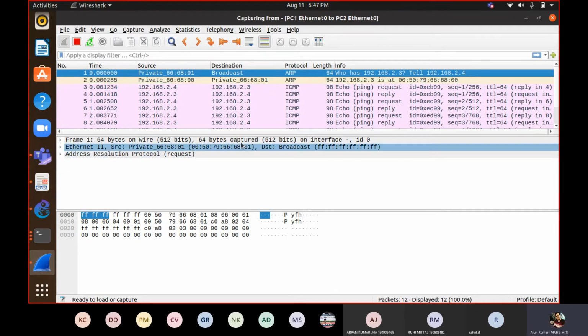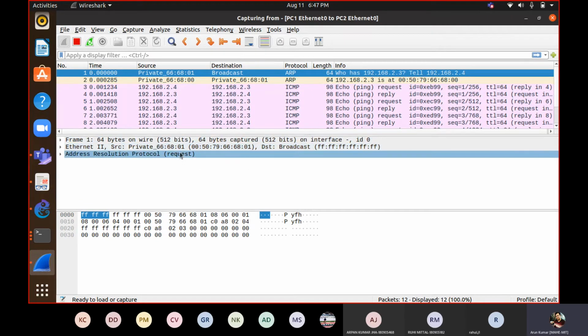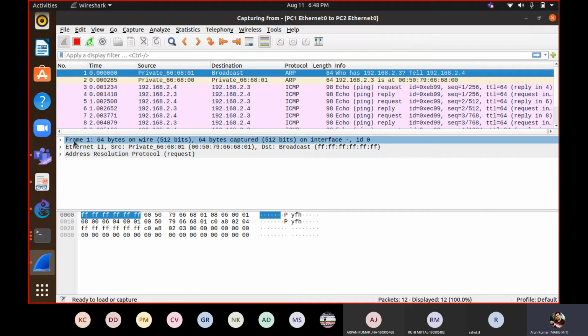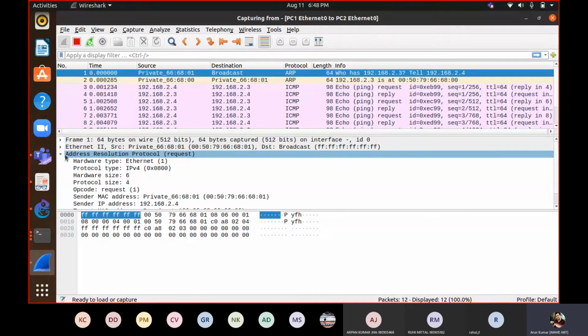From here also you can guess. It works between the network layer and the data link layer, because from the network layer that node will come to know the IP address, and now it has to convert that IP address into a MAC address. So in between, that protocol works. So this is the Address Resolution Protocol. Then it is using Ethernet at the data link layer, and it is converting it into a frame. So what is there in the Address Resolution Protocol?